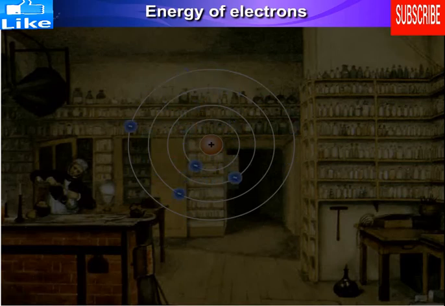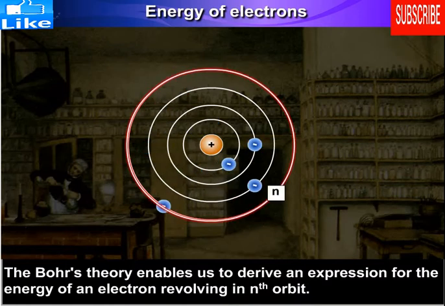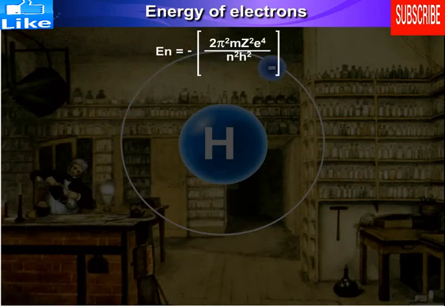Energy of electron. The Bohr theory enables us to derive an expression for the energy of an electron revolving in nth orbit. The expression derived for hydrogen atom is given below. En equals minus [2 pi square m Z square e raised to 4 upon n square h square],